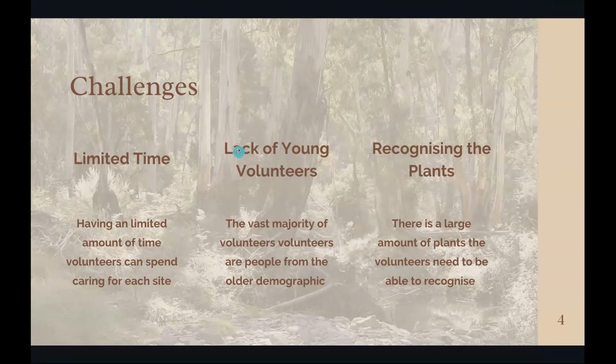Another major challenge is the lack of young volunteers in the program. Right now, the vast majority of volunteers doing Bushcare are from an older demographic. The lack of a younger generation makes it hard for Bushcare to tackle some of the more physically demanding tasks, which would limit what the whole program would be able to do to help the environment. The lack of interest from the younger generation is partially caused by the long and tedious learning curve to be able to learn the different species of plants,